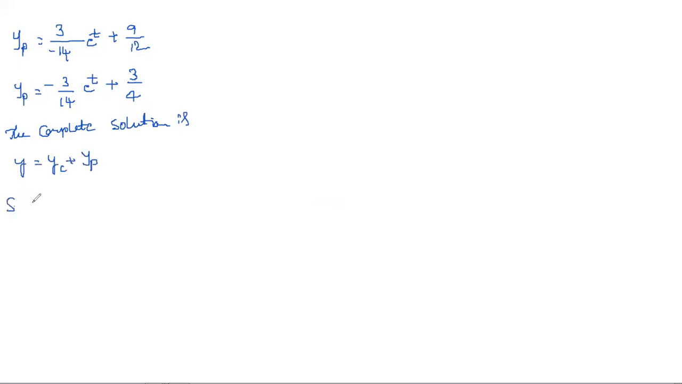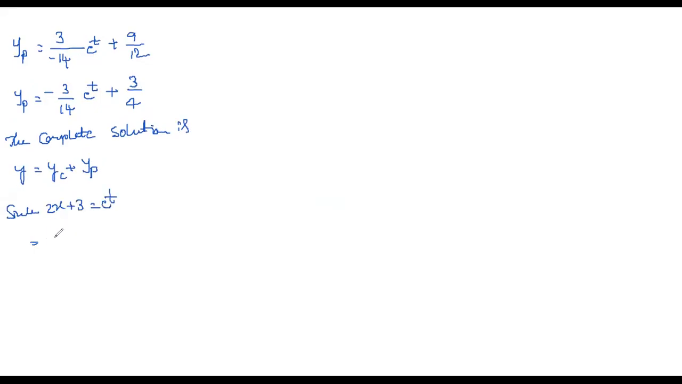Then since 2x plus 3 is equal to e power t, t is equal to log of 2x plus 3. Now you need to substitute all those things in that. So therefore y is equal to e power 3 by 4 t, so this is e power 3 by 4 t. We can write this as e power t whole power 3 by 4, right? That is nothing but, since e power t is 2x plus 3, 2x plus 3 whole power 3 by 4 into